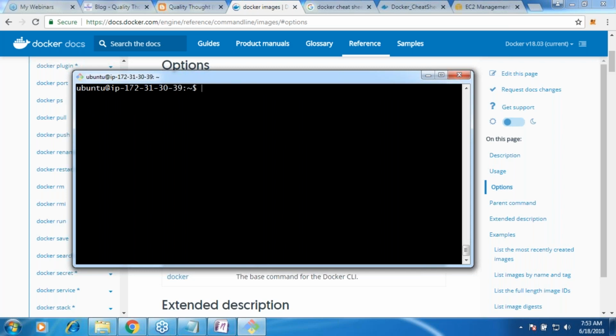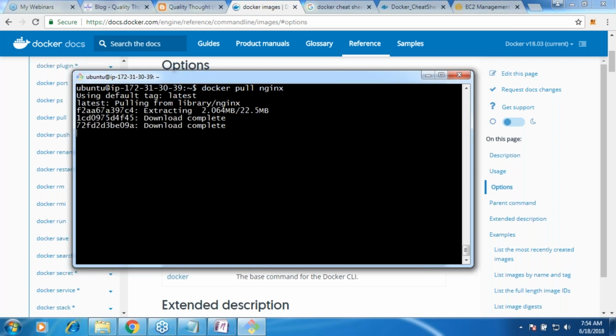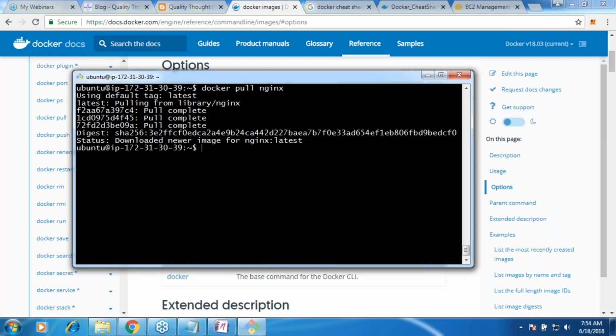Now I want to just download the image. I don't want to run the container. What will be the command? Docker pull. So I want to run this docker pull, and let me use Nginx. Nginx is sensible for me because it is simple, 107 MB, right? I can do Jenkins also, but it will take more time, because here my idea is not to run the application, but to show the pull. So what is the first line which you are seeing there? Using a default tag called latest. What is that? Let us try to find out.